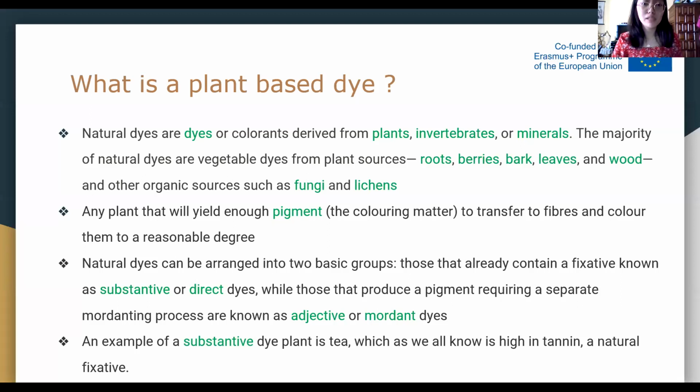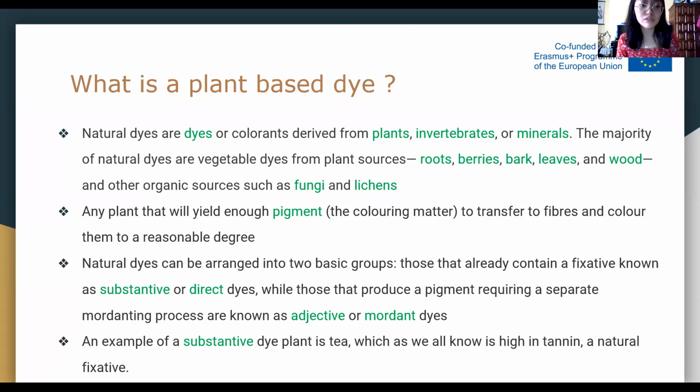What is a plant-based dye? Natural dyes are dyes or colorants derived from plants, invertebrates, or minerals. The majority of natural dyes are vegetable dyes from plant sources such as fruit, berries, bark, leaves, and wood, and other organic sources such as fungi and lichens. Any plant that will yield enough pigment, the coloring matter, to transfer to fibers and color them to a reasonable